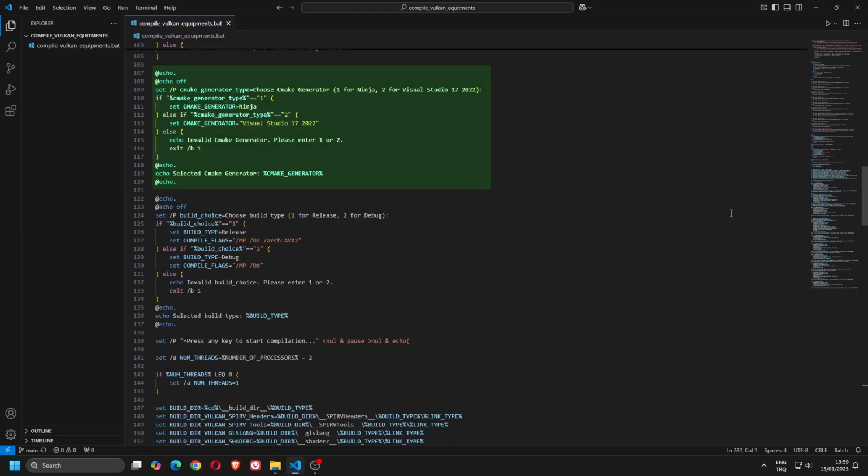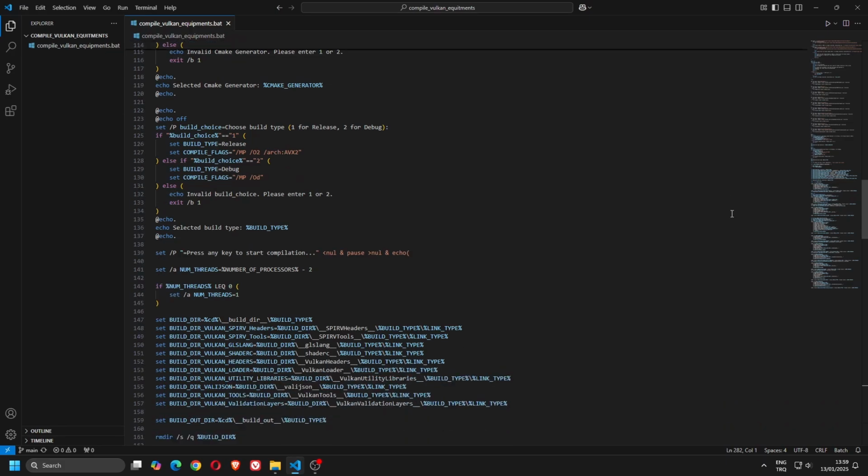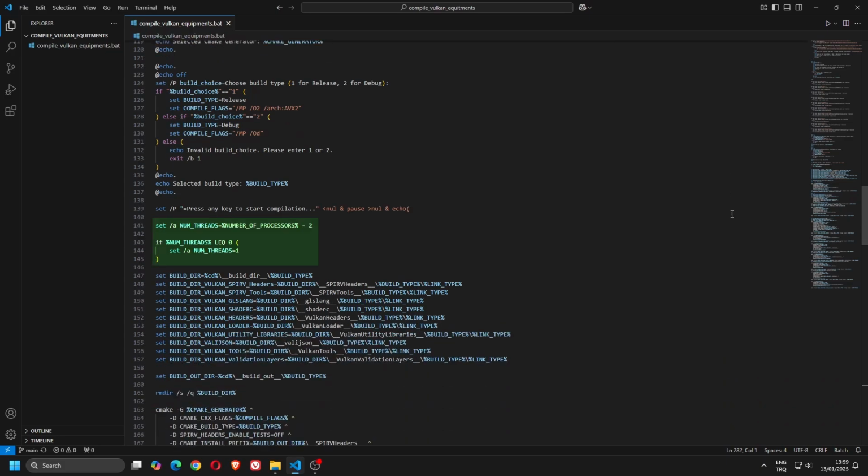Ask which CMake generator you want to use, Ninja or Visual Studio. Ask whether you want to compile the Vulkan libraries as a release or debug build. Optimize the compilation process. The script detects your computer's maximum thread count and uses 2 fewer threads for compilation.